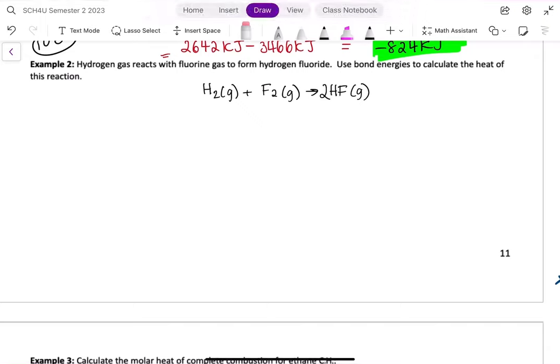Example 2 says hydrogen gas reacts with fluorine gas to form hydrogen fluoride. Using bond energies, calculate the heat of this reaction. So here I have balanced and completed my chemical reaction, and I am now going to draw out each of